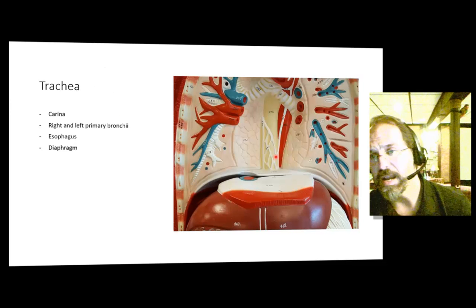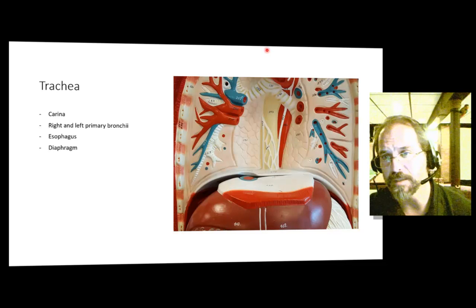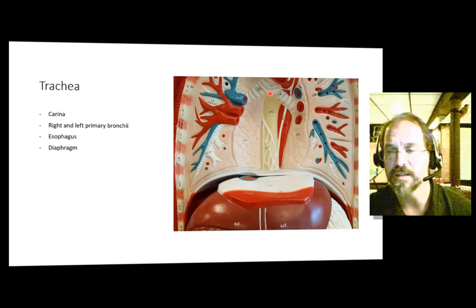So now we've taken the heart out, so we can visualize what's behind it. And right here, we just catch the bottom of the trachea. Descending down, the larynx would be up here, and we come down, and there's the trachea. This large cartilage at the base of the trachea is called the carina. It's shaped a little bit like a diaper. That shows up on an X-ray radiogram that's radio-opaque. So that's a landmark that they can usually use to tell where the bronchial tree enters into the lungs